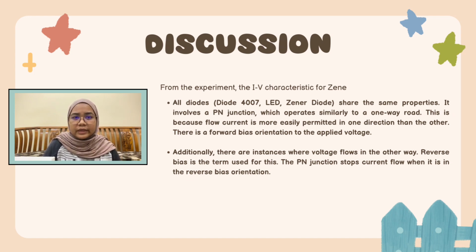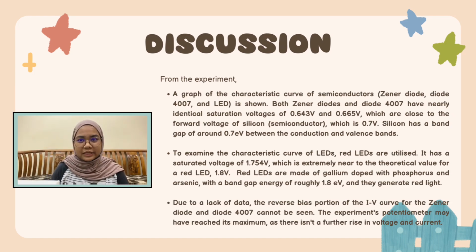There is a forward bias orientation to the applied voltage. There are also instances where the voltage flows the other way. Reverse bias is the term used for this, and the p-n junction stops current flow when it is in the reverse bias orientation. From this experiment, we need to find a graph of the characteristic curve of the semiconductor Zener diode,